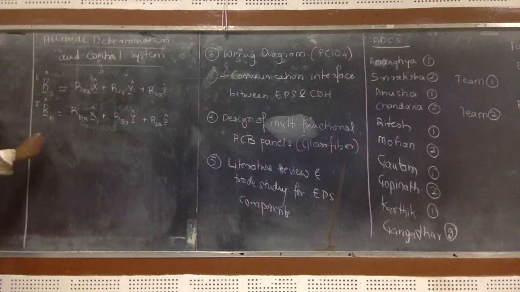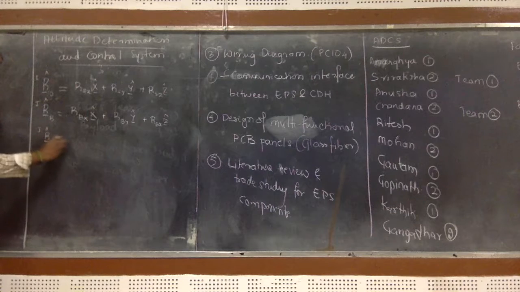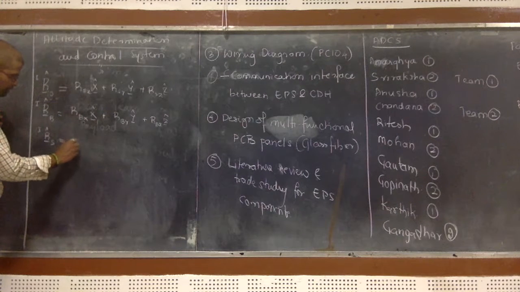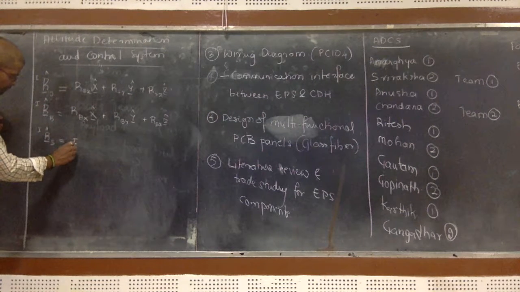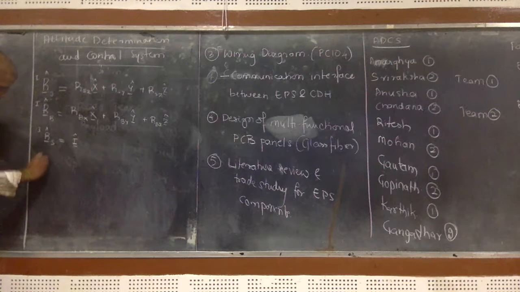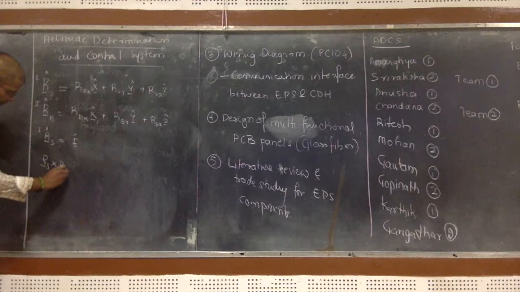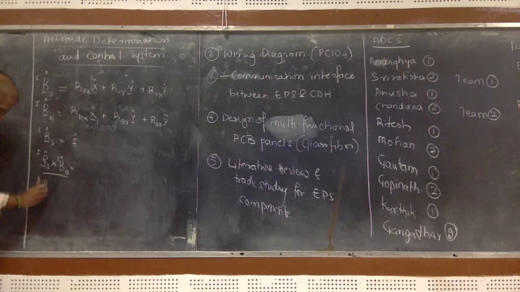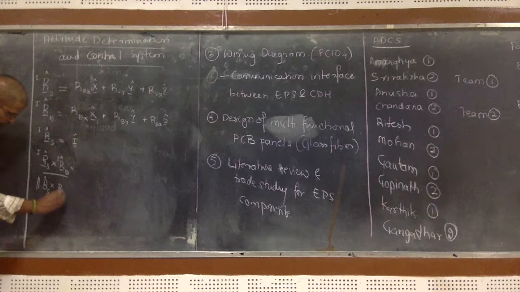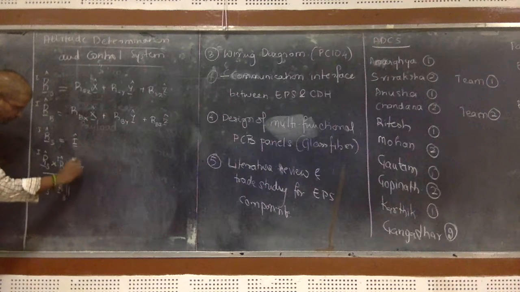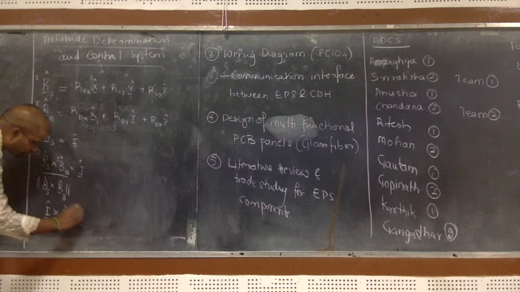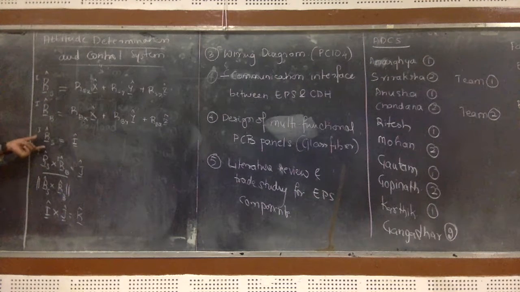Now you take these two. You assign Rs to be equal to, let's say, the I direction. Rs crossed with Rb is equal to J, and I crossed with J is equal to K. So what you have done is, you have looked at this vector, you have looked at